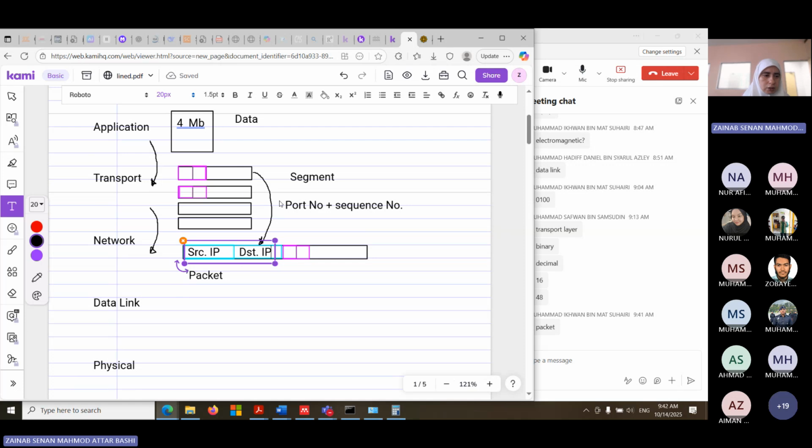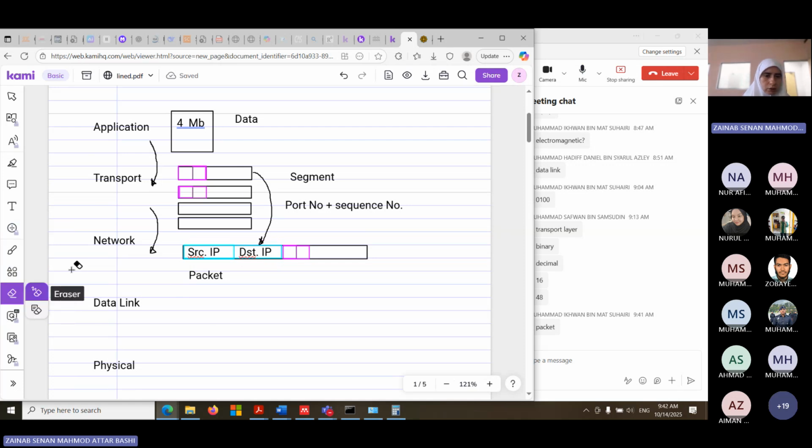Of course, this purple one is the previous port number and sequence number. We took them from the transport layer, put new information, put everything inside an envelope, and write the IP address in there. What is the source and destination IP address?